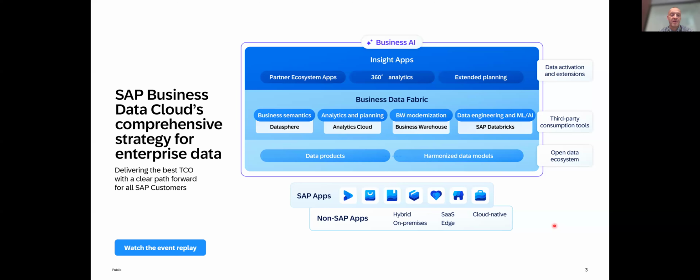Okay, so you've probably seen this. On February 13th, we released Business Data Cloud. In one sentence, it's a SaaS, software as a service solution that unifies all SAP and third-party data throughout an organization. That's an evolution of what we've done before, an evolution of our data and planning and analytics solutions. And it brings together DataSphere, Analytics Cloud, Business Warehouse, with a unified experience that delivers transformational insights really across all